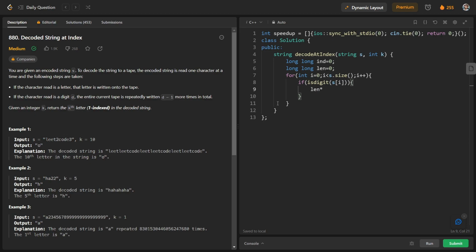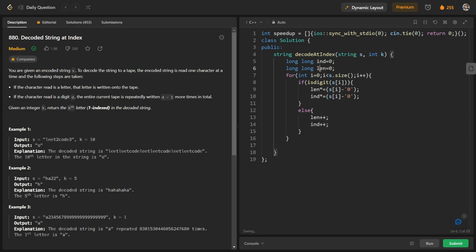by s of i minus '0'. Okay, so this is our digit, and we have to multiply index with the same number, s of i minus '0'. And otherwise what we will do, we will len plus plus, otherwise ind plus plus.